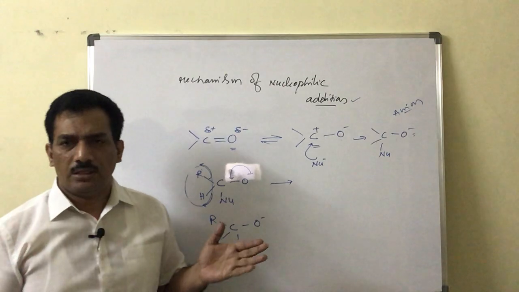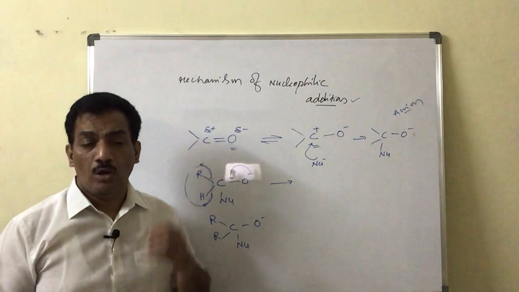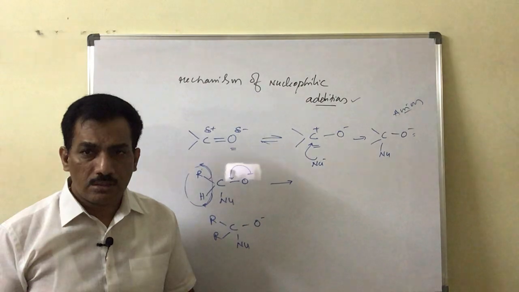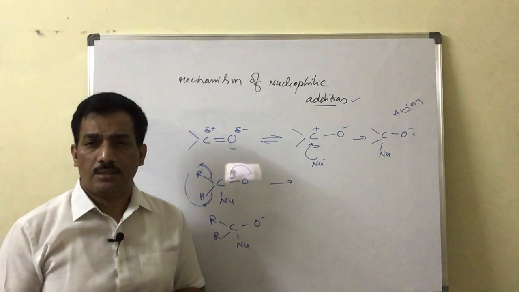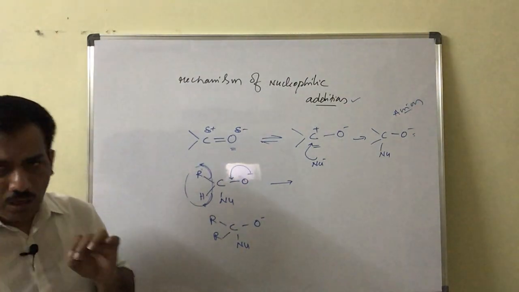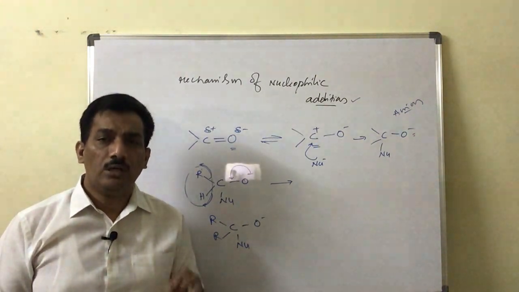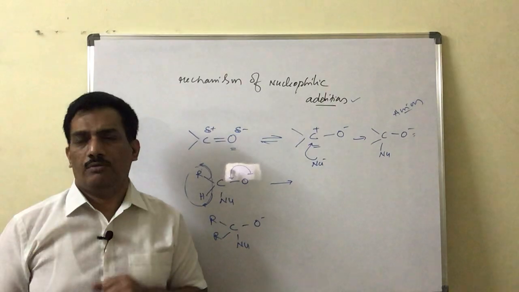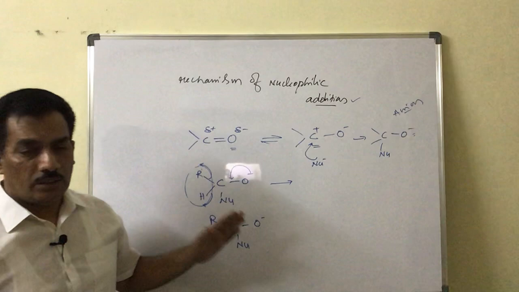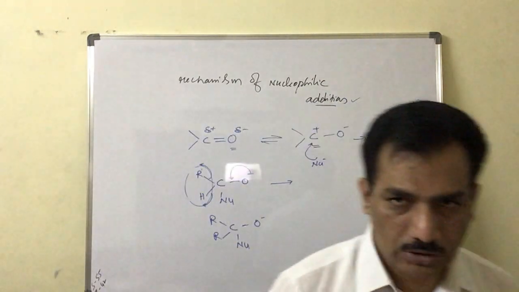Simply we can say that the hydrogen and the alkyl group present in carbonyl compounds are too basic to be replaced. That means they are strong bases. They can't be replaced by weak bases, that is, weak nucleophiles. That's why these carbonyl compounds do not go for nucleophilic substitution. It is only because alkyl and hydrogens are strong bases and thereby strong nucleophiles. Instead, they prefer to go for nucleophilic addition.